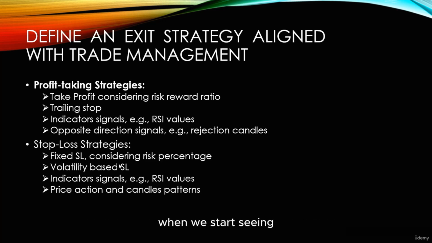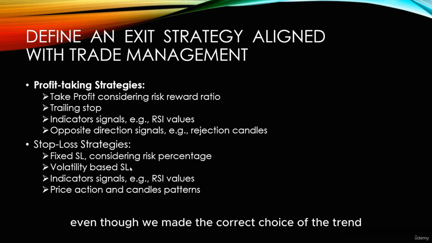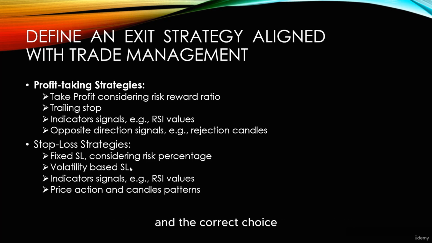And then when we start seeing high volatility or unpredictable volatility on the market, maybe it's good to exit the market. Another way to use volatility-based stop losses is using the ATR, the average true range. In high volatility markets, we can't put the stop loss very close to our entry position, otherwise we would be immediately stopped. Even though we made the correct choice of the trend and the correct choice on the entry point, there's always some noise in a high volatility market, and this might be a good indicator on where to put